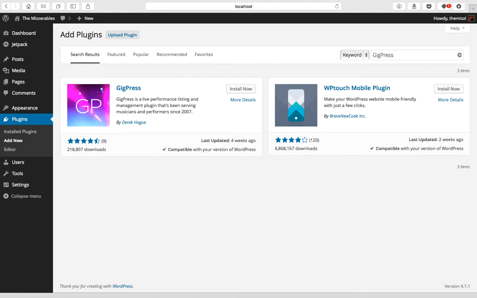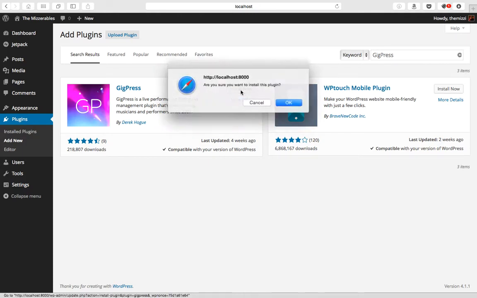At times, if you are a fan of the way that WordPress has started doing things recently, this might seem a little bit outdated. There are other plugins in the market that do things in a more modern WordPress way, but they don't have the user base that GigPress does. So GigPress tends to be much more well-maintained. Over time, that might change, but for now, we're going to stick with GigPress as a way to manage our